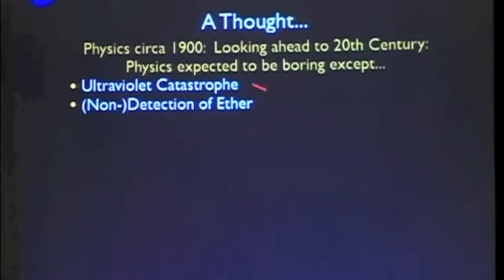There were a few things that were open, though. Something called the ultraviolet catastrophe. They didn't exactly understand how blackbody radiation worked. They didn't have a good theory for it, but they kind of said, well, we'll figure that out in the next few years, and one more person will have fun, but that's it. And then they couldn't actually find ether, which was what they were currently using to unify electromagnetics and Newton's laws. So there were these two things that were sort of nagging, but they figured they'd find ether eventually, and that this thing was not a big deal either. Instead,